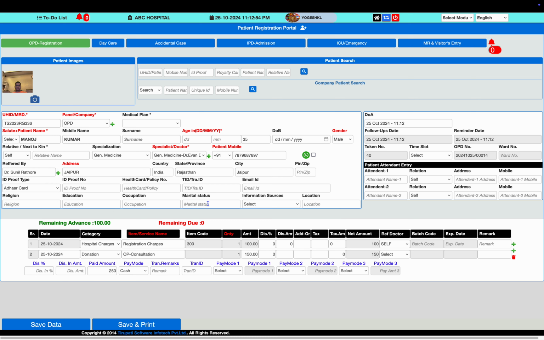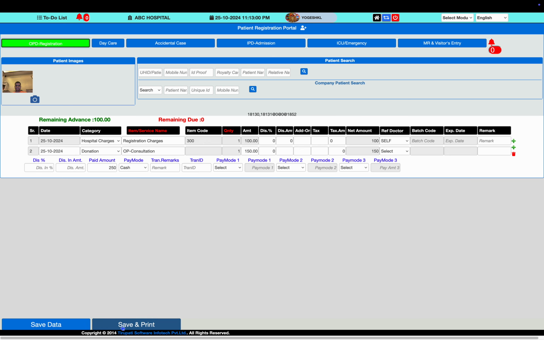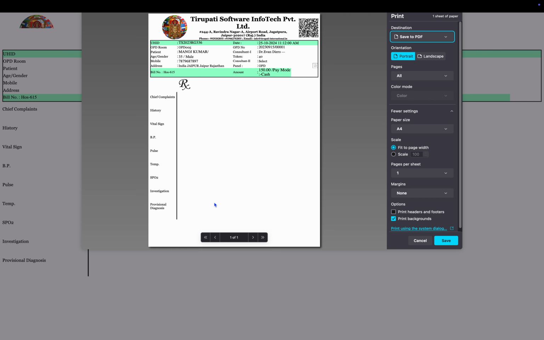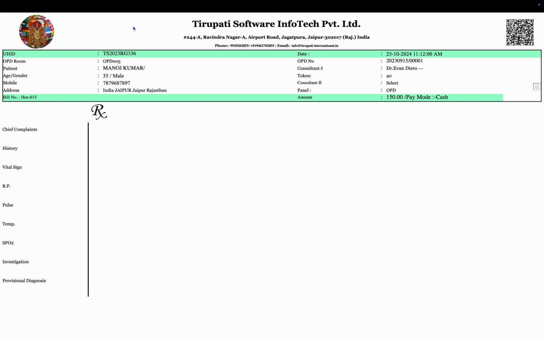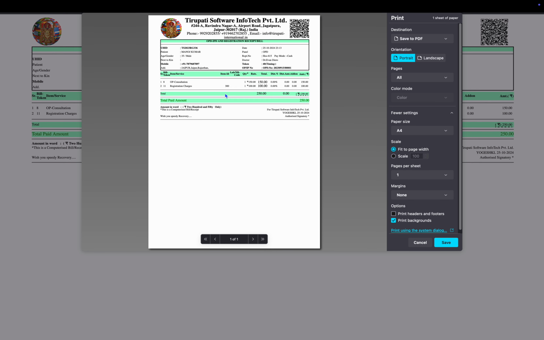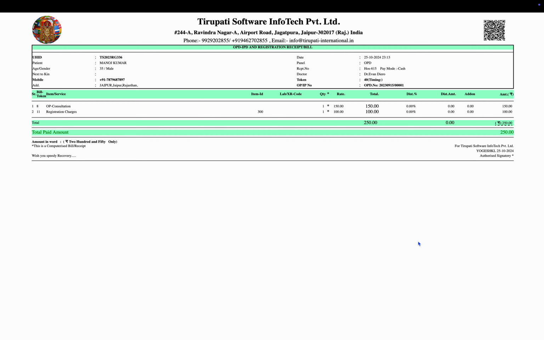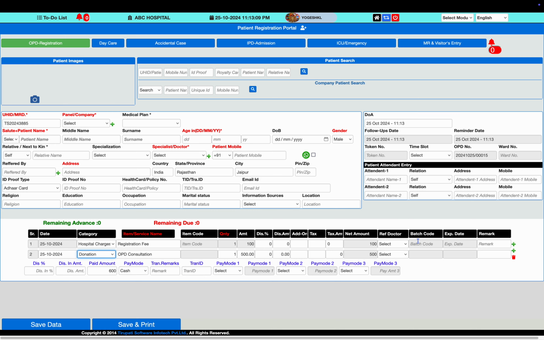Doing so, we can prepare the OP registration of this patient from the software. We can just save and print. The system will provide a registration prescription format along with a patient advance receipt or payment receipt for the services, and this way you can perform OP or IP activity from the software.